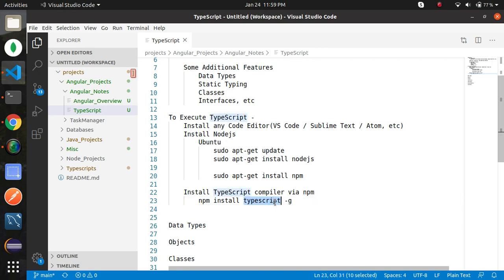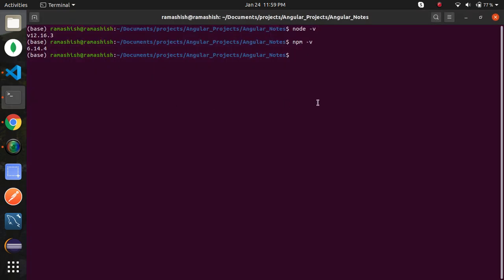After installation of TypeScript, check the installation by typing the command tsc -v. In my case, TypeScript version 4 is installed on my system. So similarly, you need to verify node, npm, and tsc, that is TypeScript, on your system before starting TypeScript code.